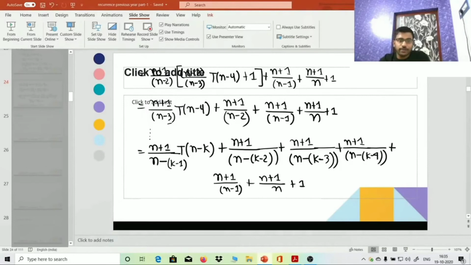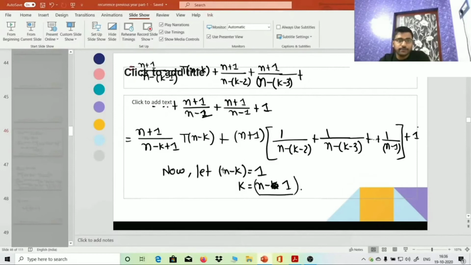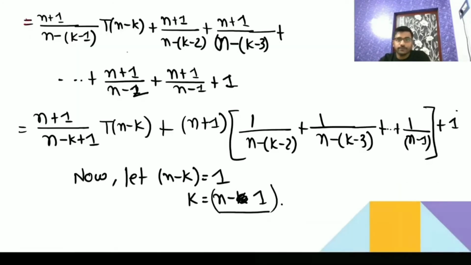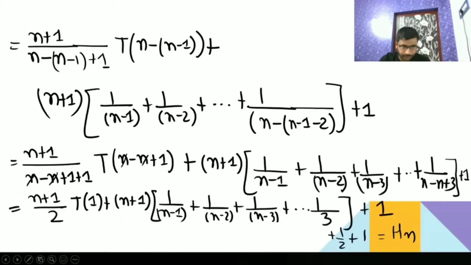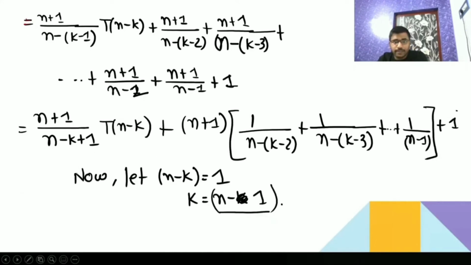So I should also write (n+1)/n, but that I hadn't written here. See here, (n+1)/(n-1), but (n+1)/n I just missed. This is the common mistake that used to happen in exam. You should not make that mistake. Here we are getting like this because I am just copying from the previous slide now. That's why it happened. It is not erasing.